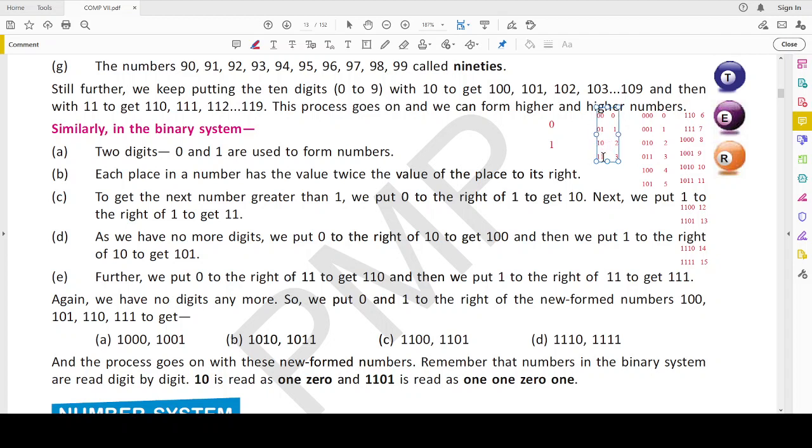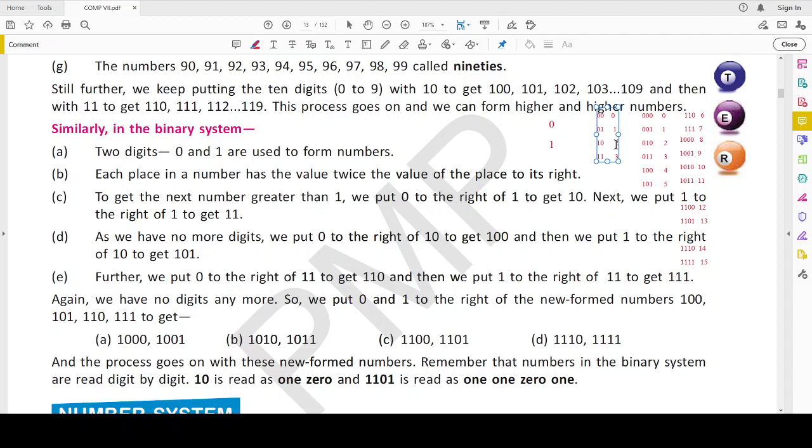0001 1011. Are there any combinations left? No. So you need to take another place. So place a 0 to the left of this representation. So what will you get? 0 0 0 0 0 1